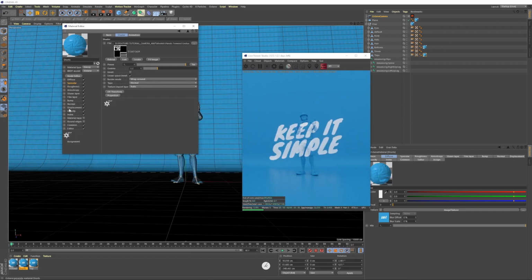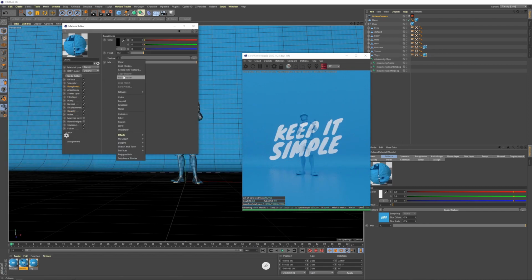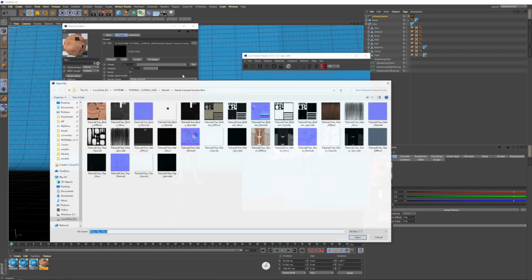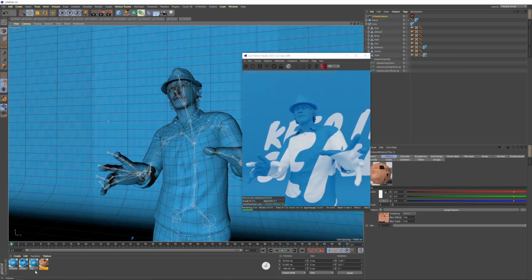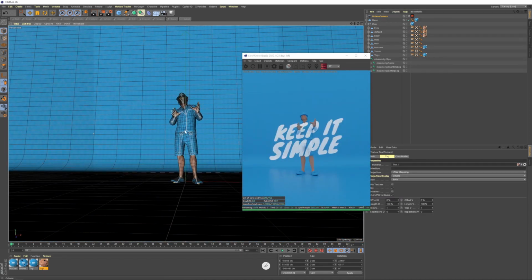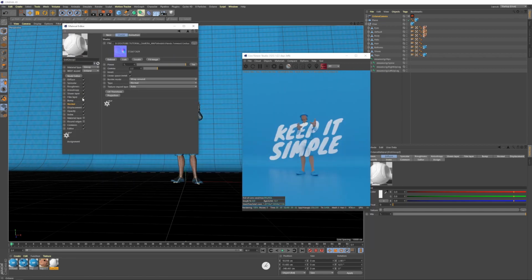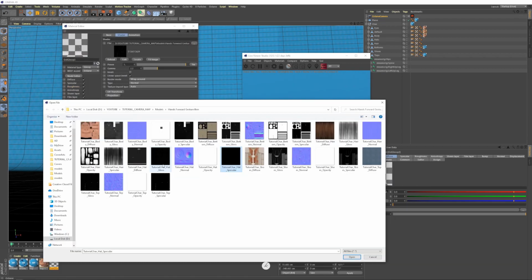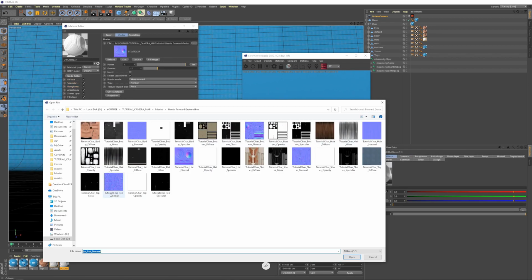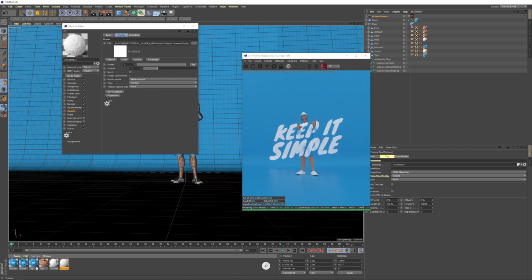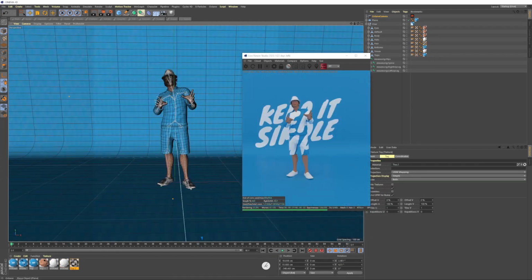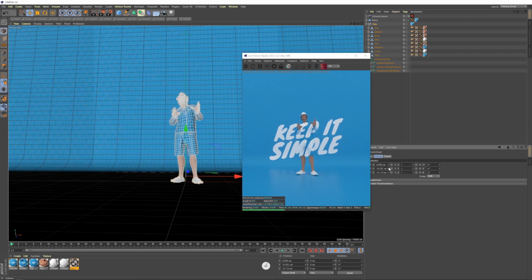When you download the animation from Mixamo, it comes as a single file, but as soon as you put it in the Cinema 4D, it creates a folder with all the textures in it, and we are going to use them now. In my example, my character has a shirt and shorts. For those, I'm going to apply projection mapping material with all the textures in it. And for the rest, shoes, hat and body parts, I'm going to create separate materials using provided textures. So after we finish texturing,